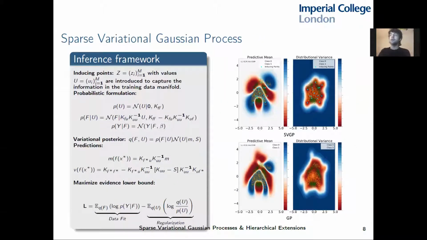So addressing the first problem, namely how to sparsify the GP, we can take a variational inference approach. Instead of having all the training points, we can introduce an artificial set of data points called inducing points, which are tasked to emulate the properties of the entire training set, but with a significantly lower number of data